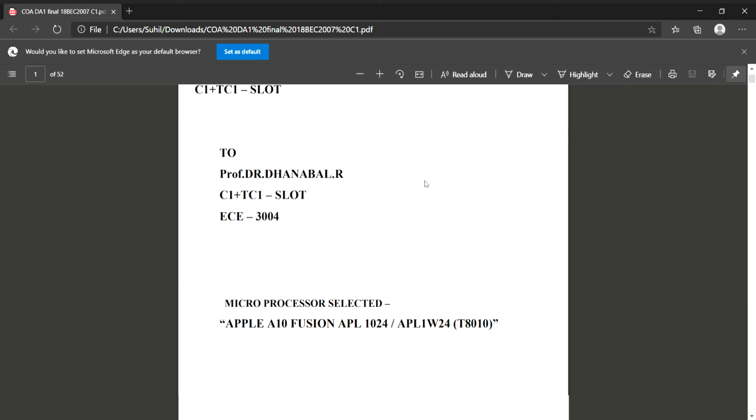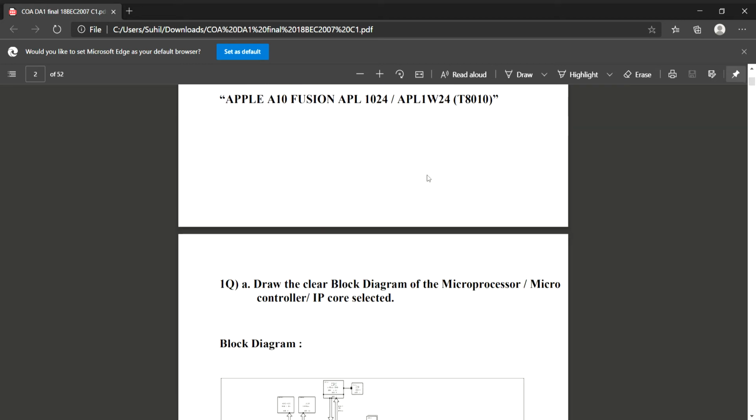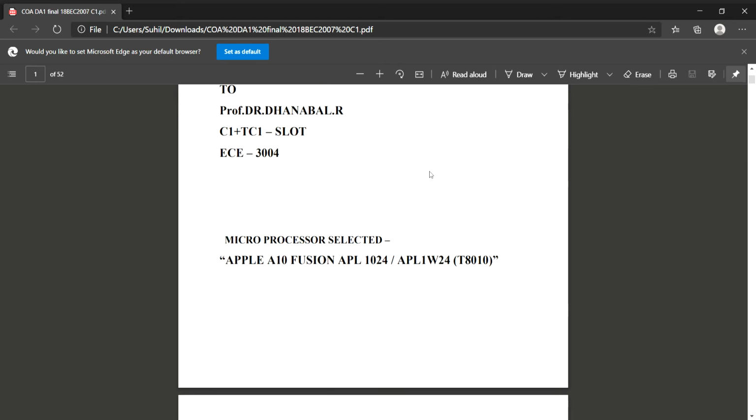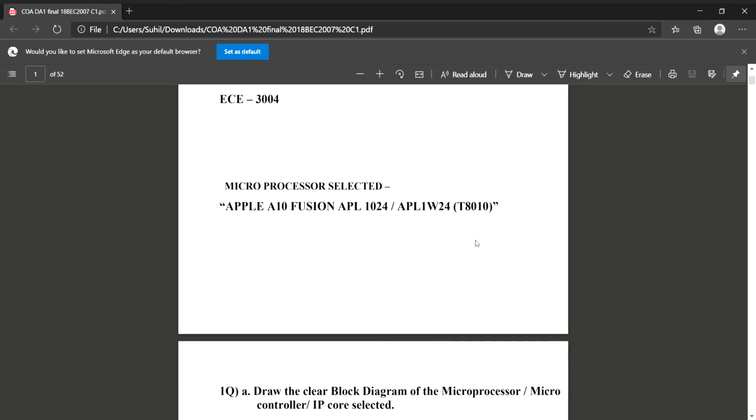How I did my digital assignment: the microprocessor I selected is the Apple A10 Fusion, also known as Apple APL1024 or APL1W24. I'm giving a brief introduction to the Apple A10 Fusion. The Apple A10 Fusion is a 64-bit ARM-based system on a chip designed by Apple and manufactured by